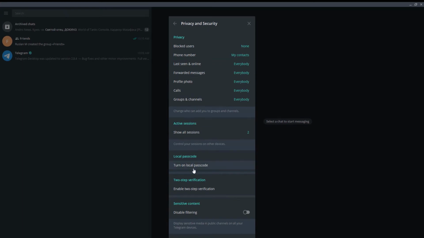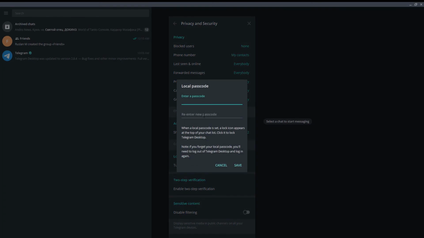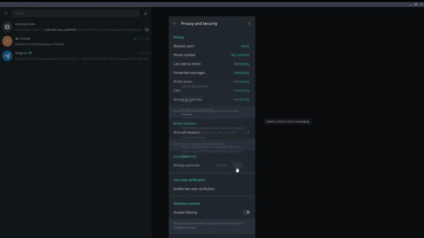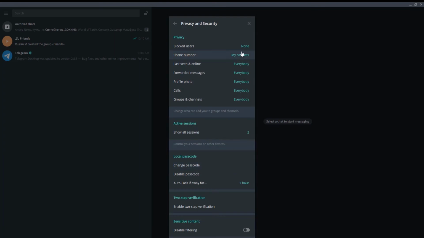Click on Turn on Local Passcode. Enter a password in the pop-up window. Re-enter the password. Click on Save. Under the Local Passcode section, select the time duration for the new option for Auto Lock to